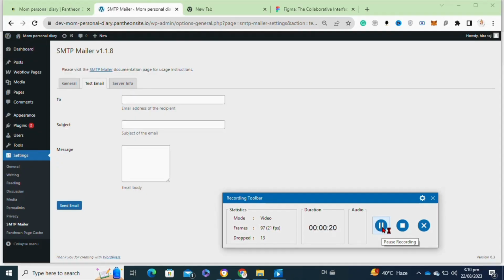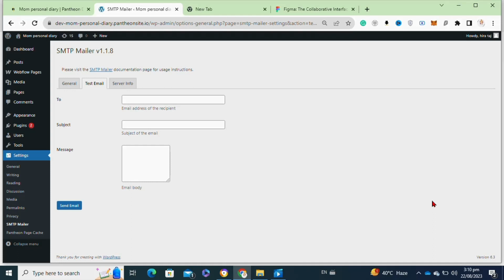So here's how to set up Brevo on WordPress. It's actually quite easy to do, so make sure you watch till the very end so you don't skip any important steps. To set up Brevo to your WordPress, what you need to do is you have to go